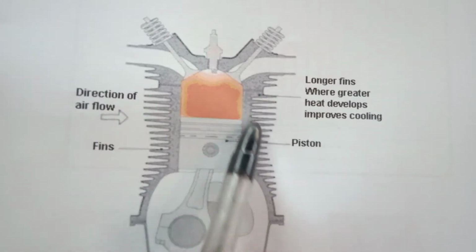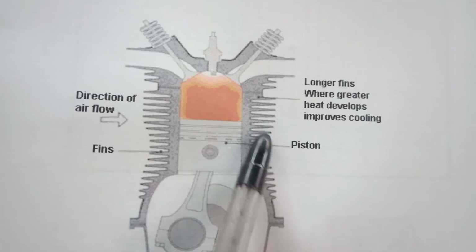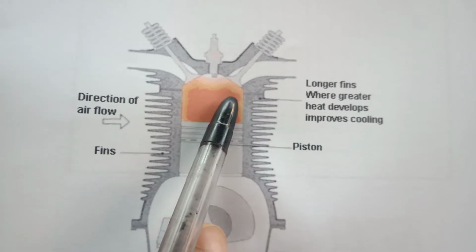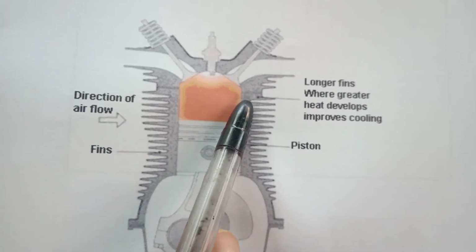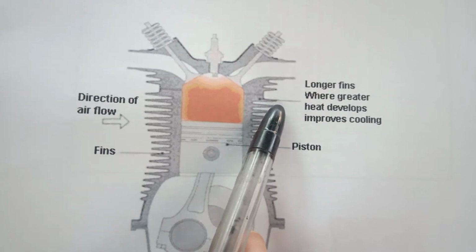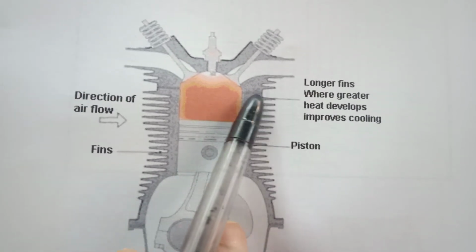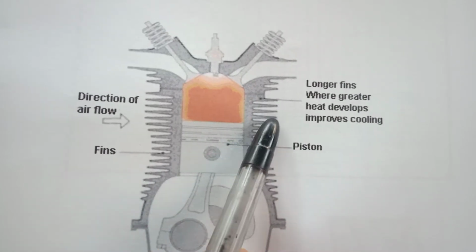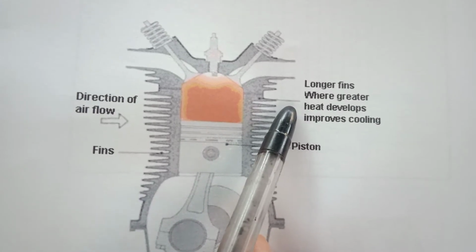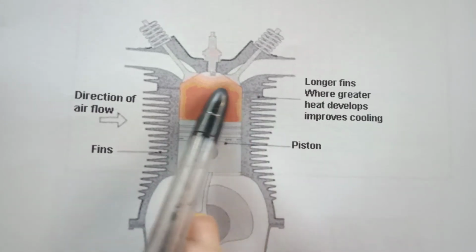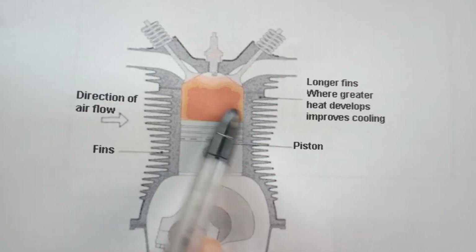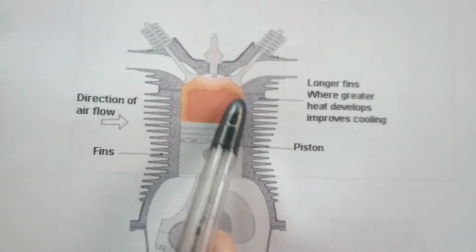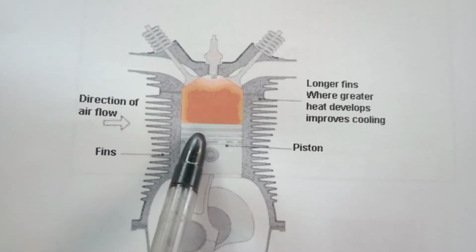That heat is dissipated to the atmospheric air by the convection process. All the heat generated here is first taken out by these fins, conducted to the fins around the surface area, and then by the convection process this heat is dissipated to the incoming draft of air. So this process continues, and all the heat generated inside this engine is dissipated to the atmospheric air, and hence the temperature of this combustion chamber is in a controlled range.